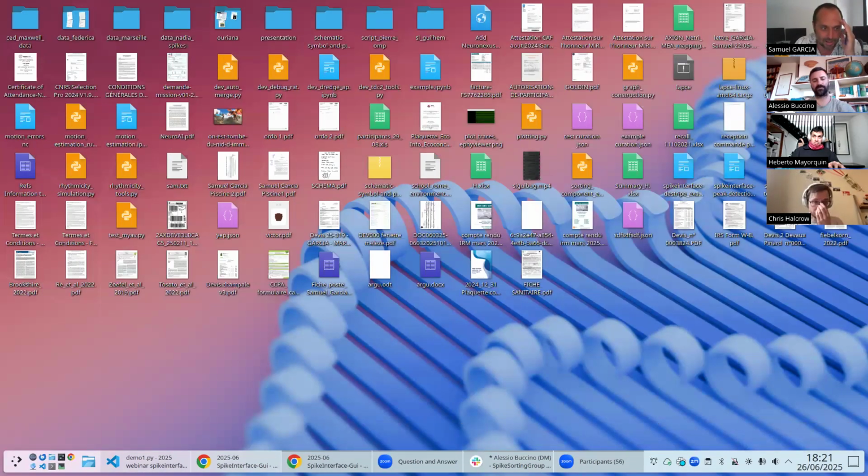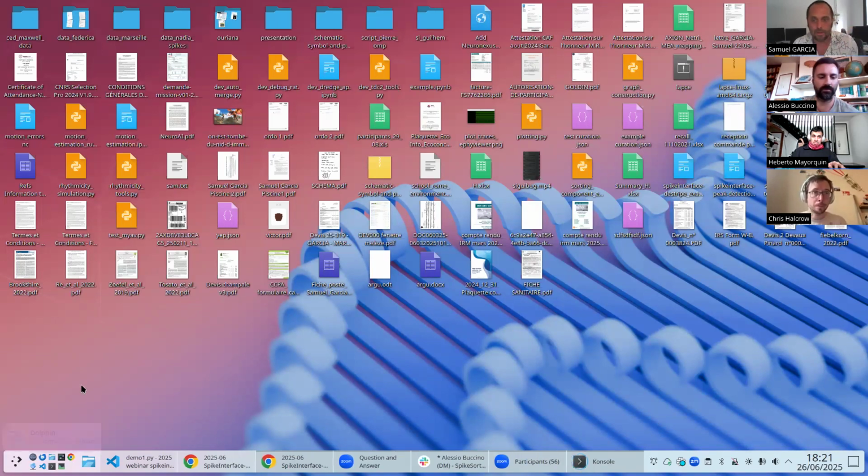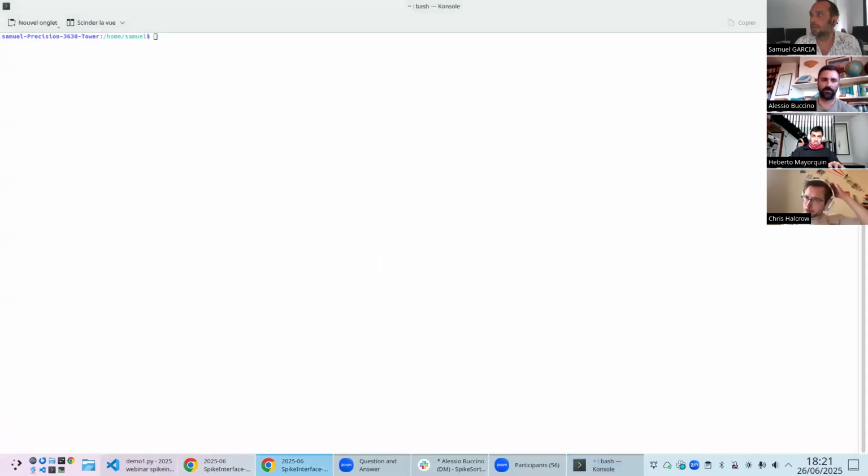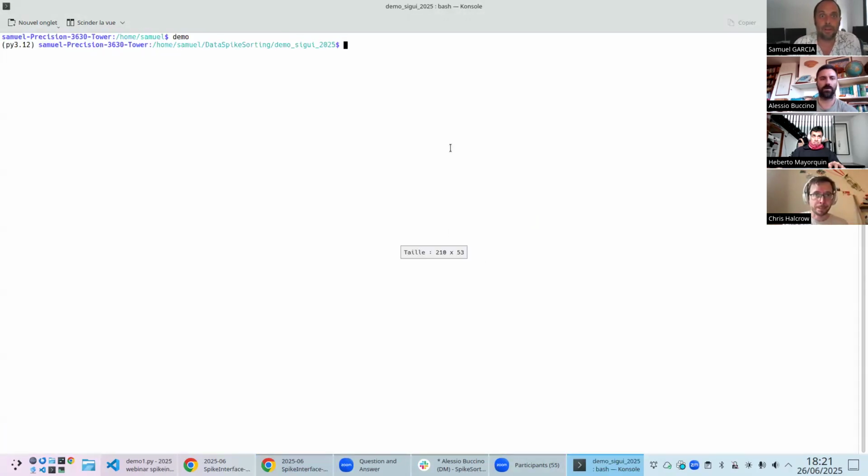So the main idea is I will make some small demo on the SpikeInterface GUI. First, I have an environment here. The first idea is how to start SpikeInterface GUI. So there are several ways. One is to use the console, where you install everything in a Python environment, which I have here. And we have a command line access, which is sc-gui. It's only this. And then you have to tell it, I want to open this folder. In short, in SpikeInterface,